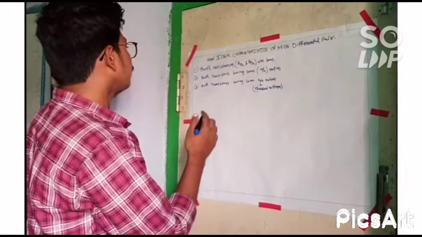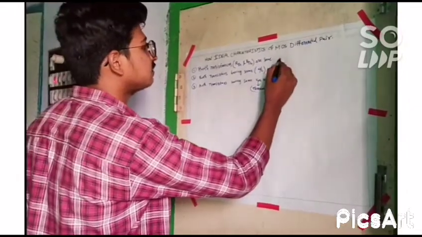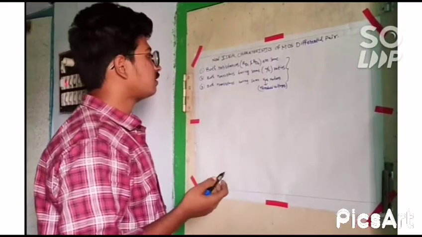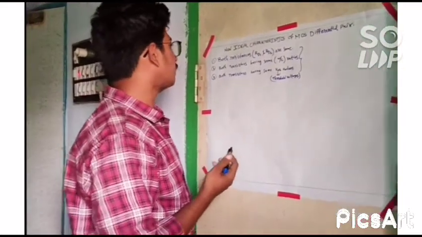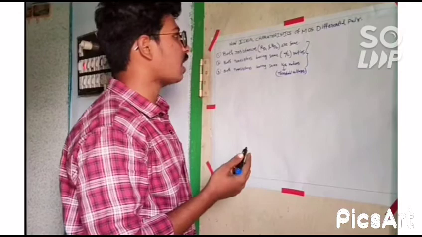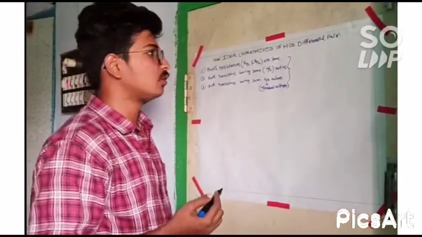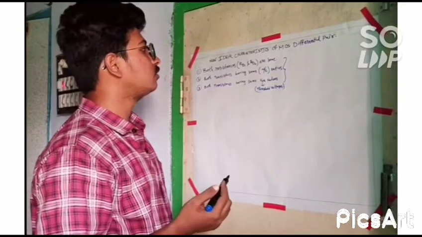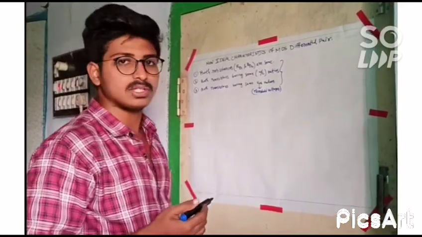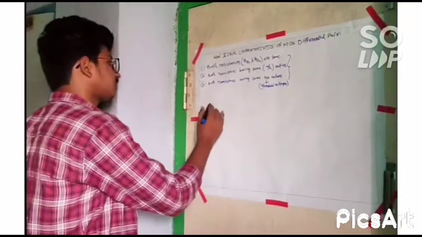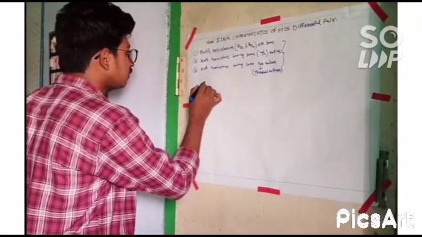Now if any of these three cases are not satisfied, then it is said to be a non-ideal case, which is called output offset voltage. To overcome this and keep the output voltage zero, we should apply some input offset voltage, and the circuit diagram is